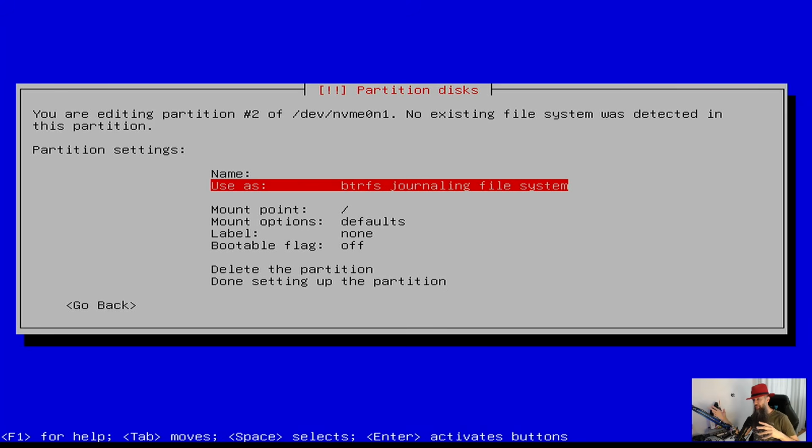So then people tend to use Btrfs to have snapshots to roll back their changes and stuff like that. But on a Debian system, I would recommend going with ext4 because you're not going to need the rollback